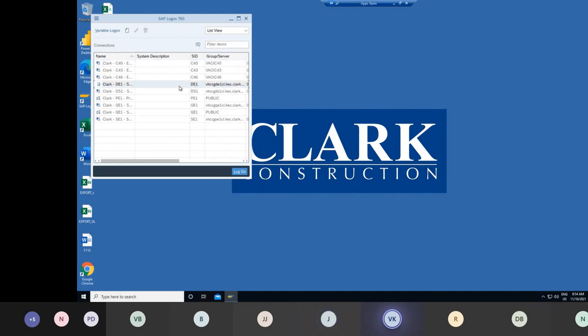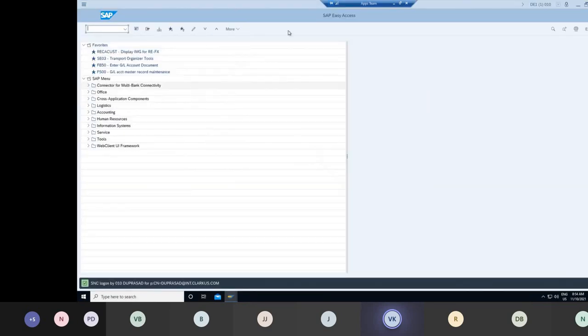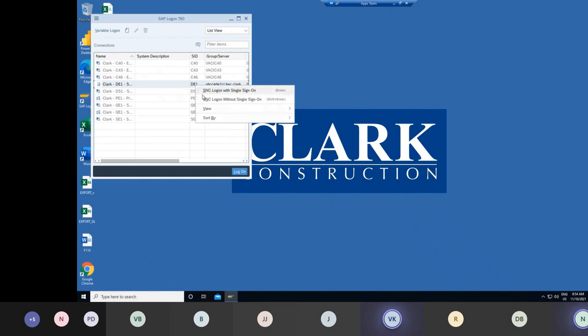This is called the development system. Whatever configuration we do, we always do in this DE1 system. Right now, for the client which I'm working with, they have created this DE1. DE1 is nothing but a development system. So in this development system, if I click exit, let me log in again.